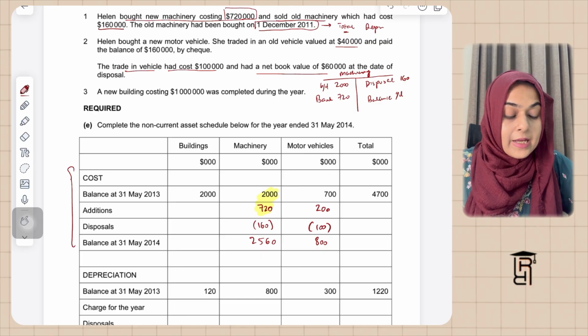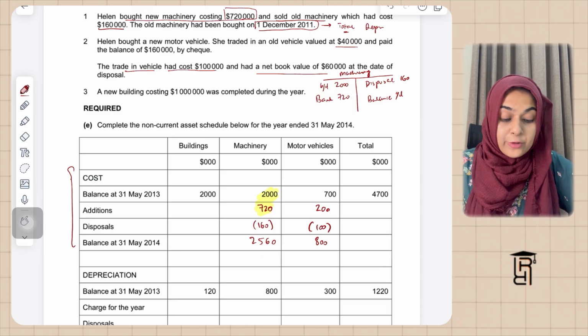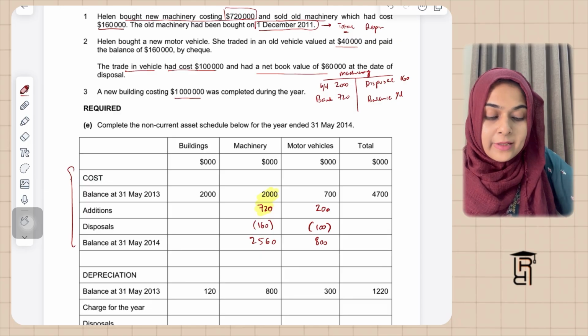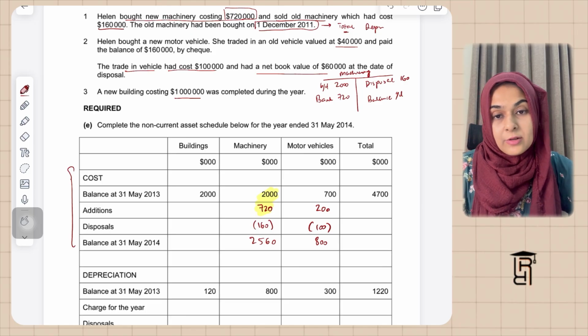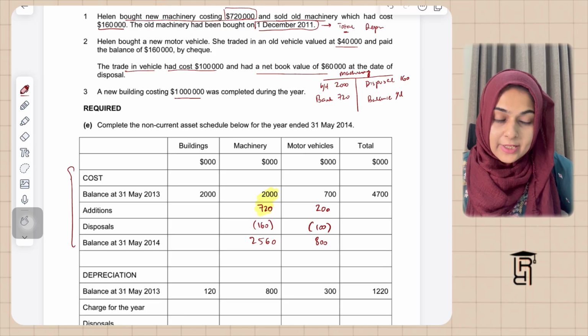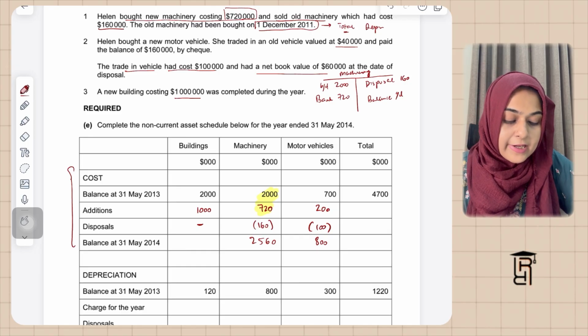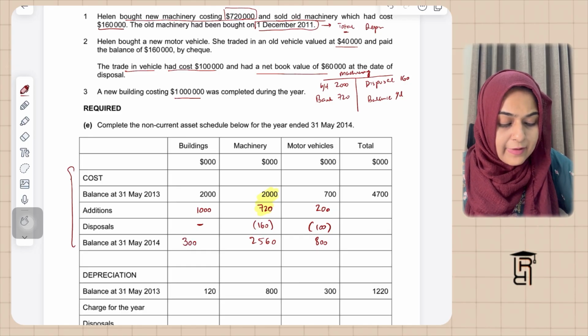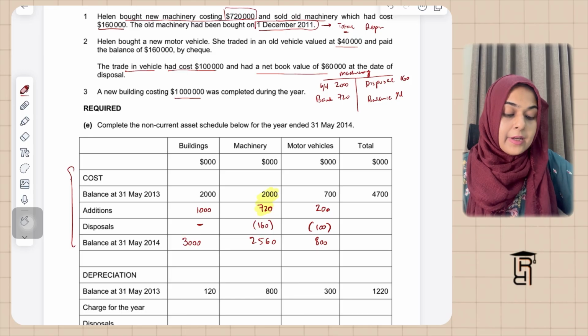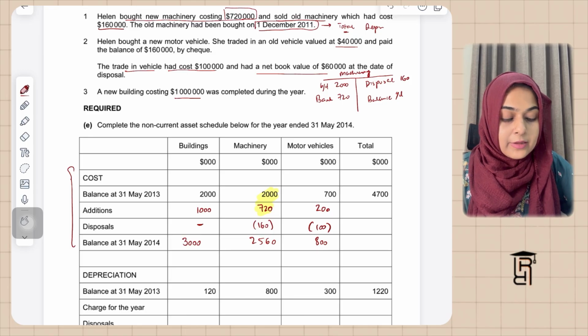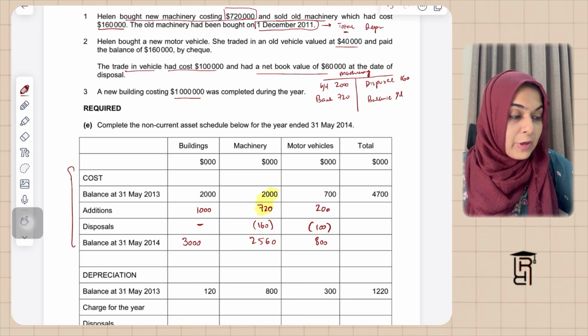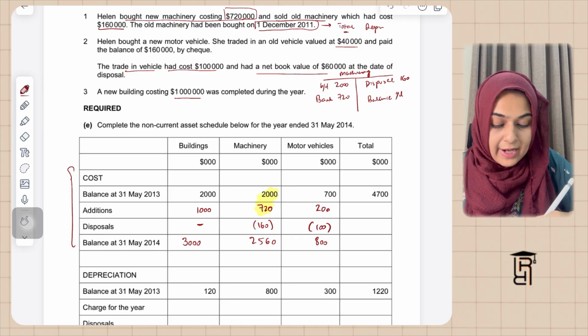अब इन्होंने कहा है a new building costing 1 million, सही है, 1 मिलियन में 6 जीरोज होते हैं, तो वो कंप्लीट हुई है ड्यूरिंग द ईयर, तो दैट मीन्स दैट इज एडिशन ऑफ बिल्डिंग्स, बट वी डोंट हैव एनी डिस्पोजल, तो हम उस पर डैश लगा लेते हैं। तो इसका मतलब बिल्डिंग्स की एंडिंग वैल्यू हो जाएगी $3,000। सो बेसिकली 3 मिलियन है, लेकिन 3 जीरोज हमने कॉमन लिए हैं।